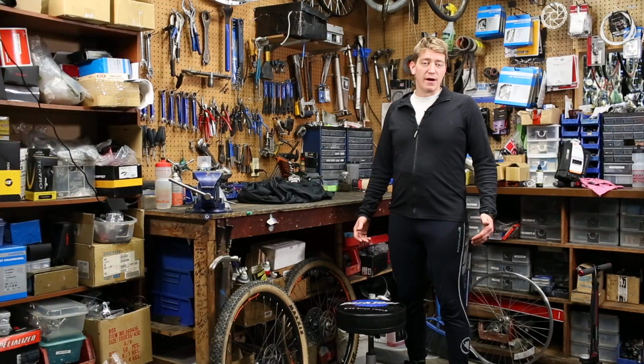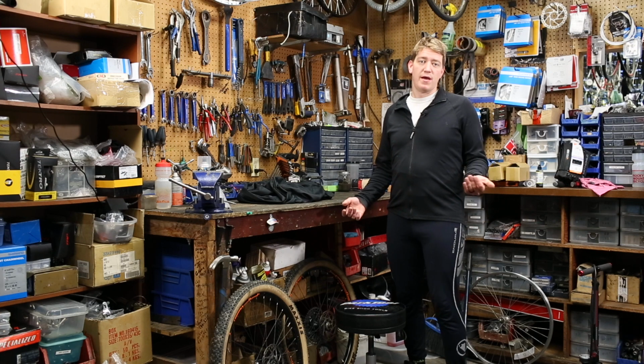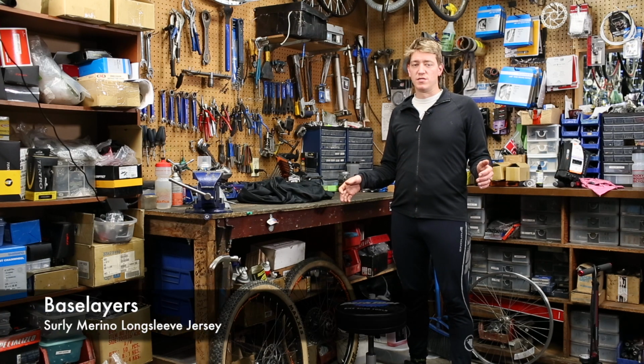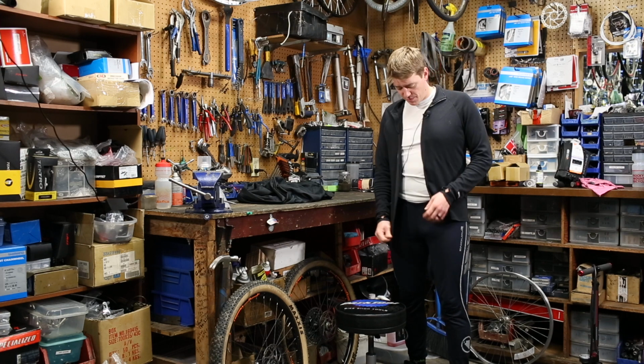We're also going to talk about our base layers that we're wearing. So today we went out for a ride at around -7. What I opted for on the top was the Surly Merino long sleeve jersey. It uses a mid-weight merino wool. It's got a full zipper in the front,